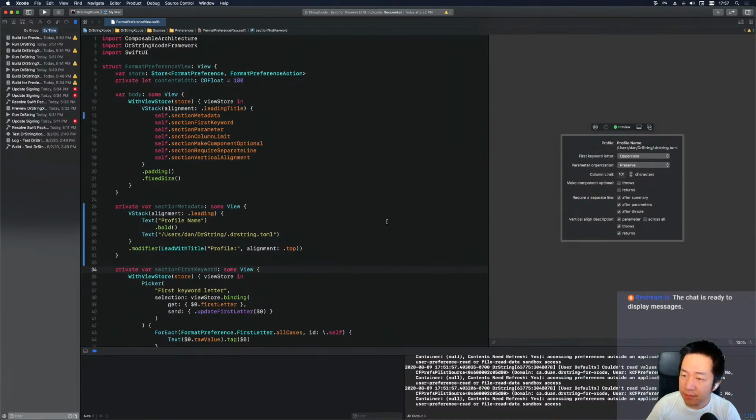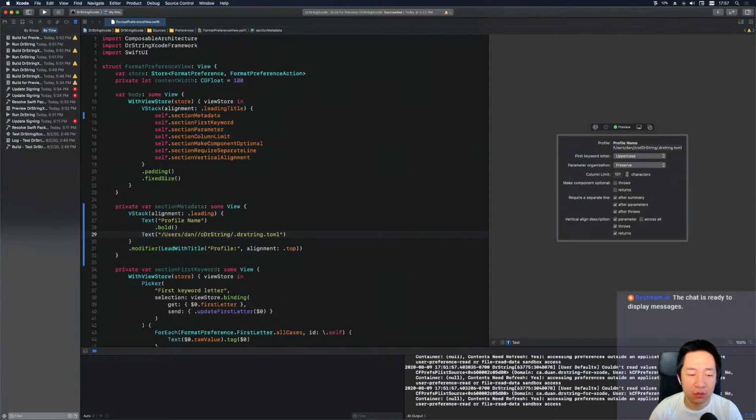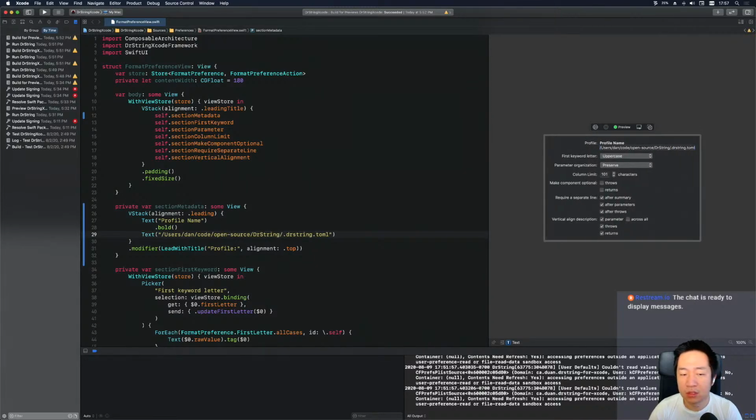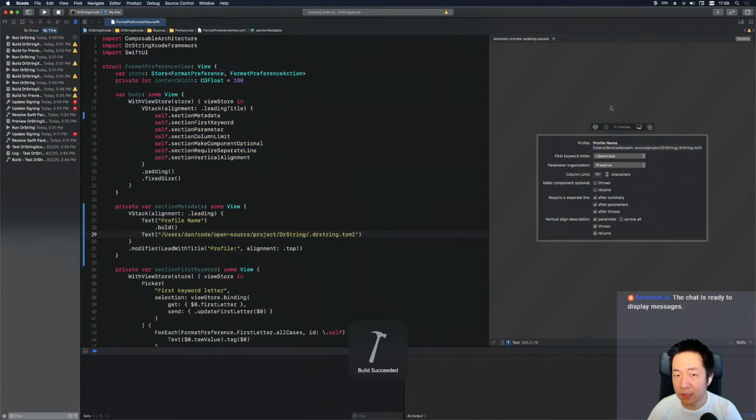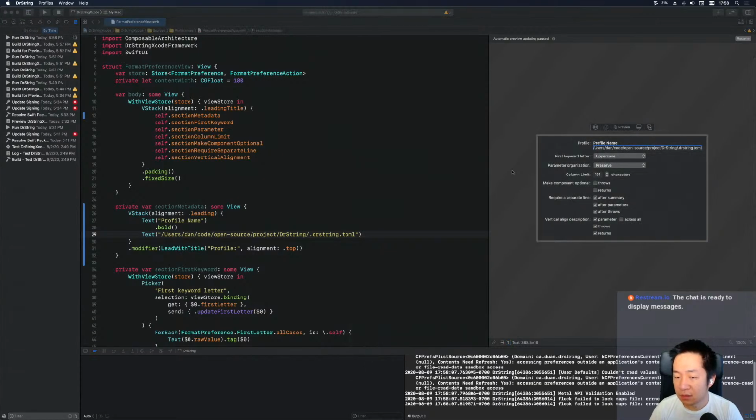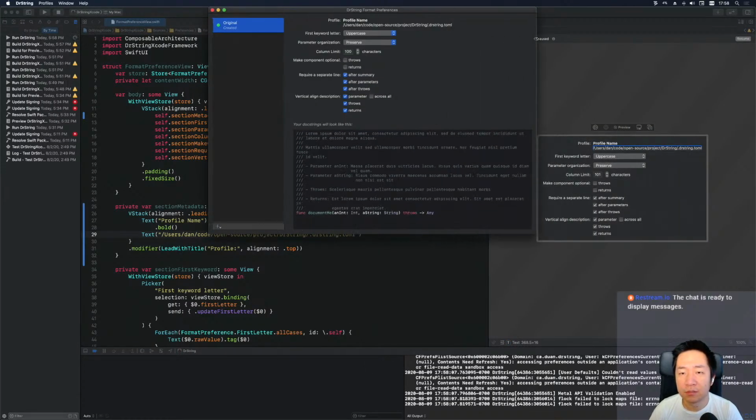So I'm gonna try to make this URL a bit longer. I don't know. Code open source project or something like that. I want to see what this looks like when it's wrapped. Ideally, it should go multiple lines. But